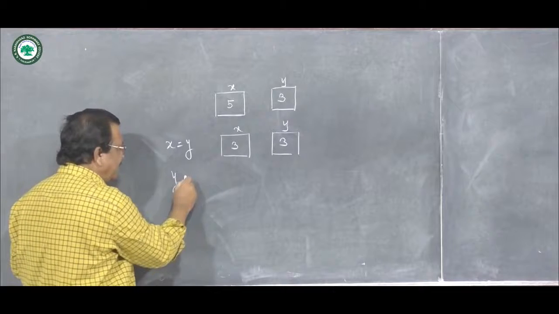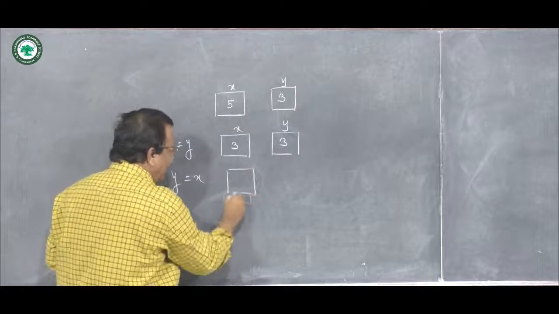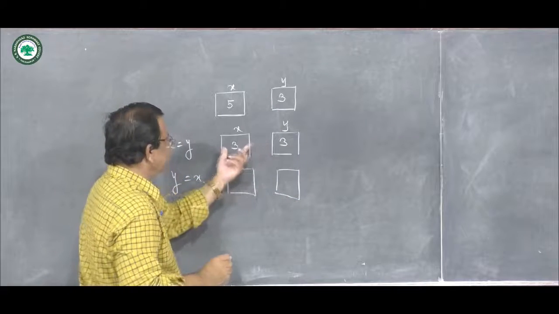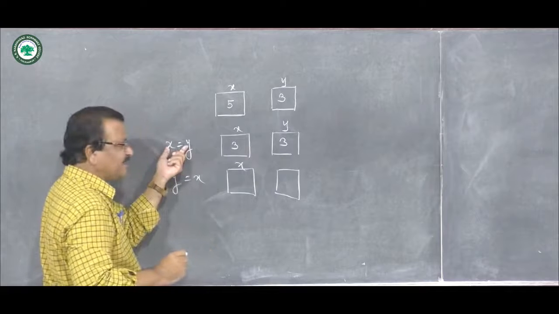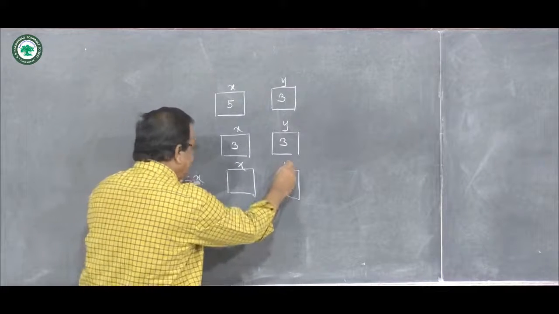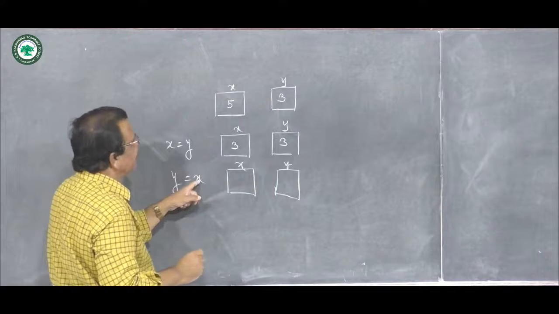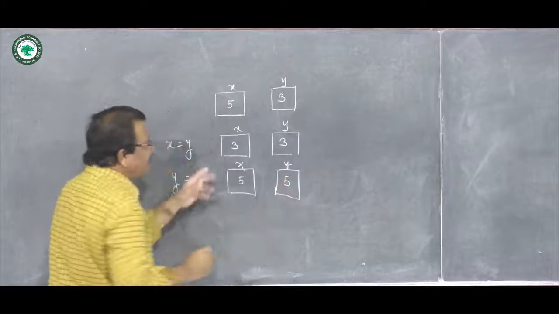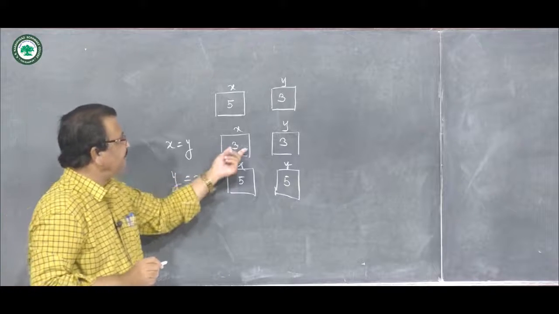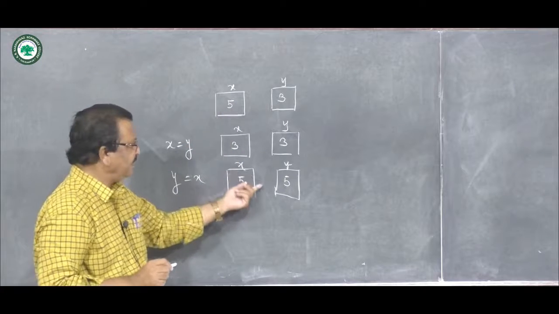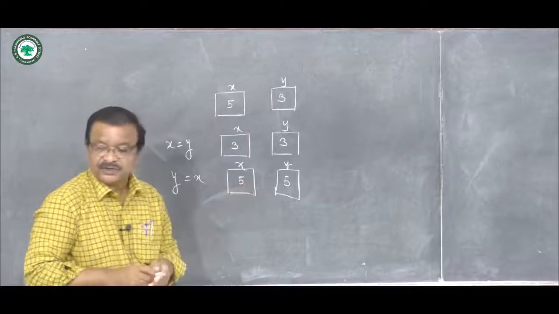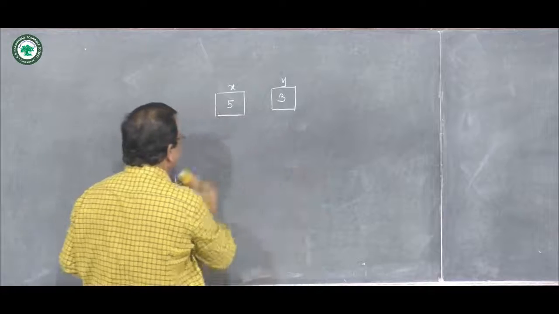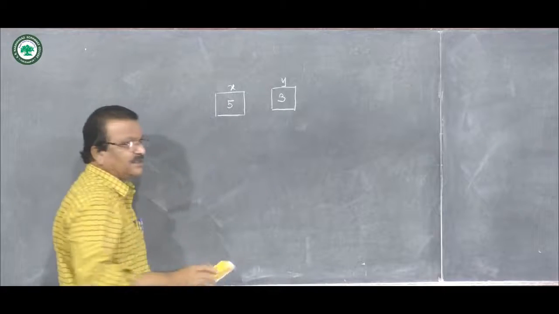If I write y equal to x, then what happens is as follows. If I write x equal to y, y is getting copied, and if I write y equal to x, then the content of x becomes the content of y: 5, 5. So every time, in this case 5 is lost and in this case 3 is lost. So the numbers are not saved, and therefore there is one technique to interchange the two values of